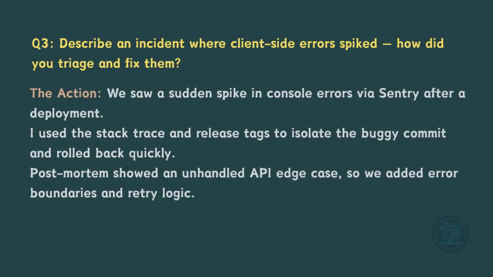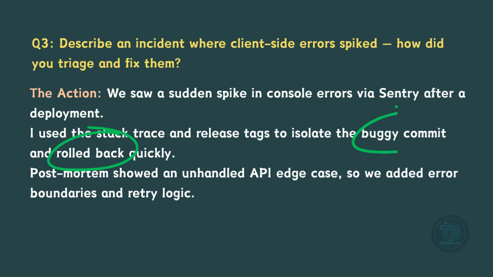And for this question: we saw a sudden spike in console errors via Sentry after a deployment. I used the stack trace and release tags to isolate the buggy commit and rolled back quickly. The postmortem showed an unhandled API edge case, so we added error boundaries and retry logic. In this question, first of all, I'm not aware of Sentry, so if you want, you can go and search about it, and you'll get to know. What's important for me is that we can roll back quickly if there is any error in the deployment or production environment,